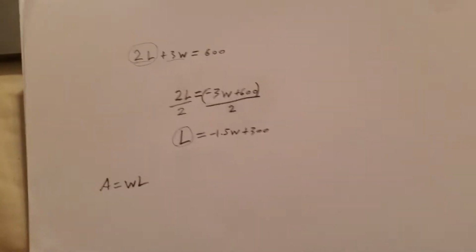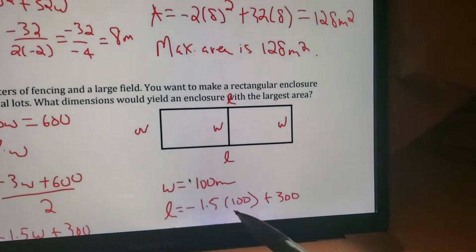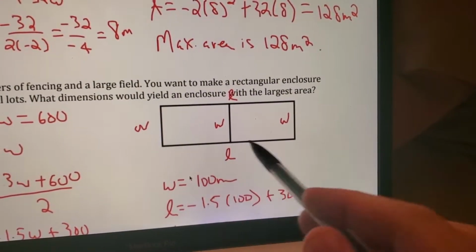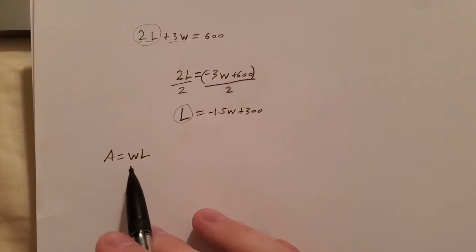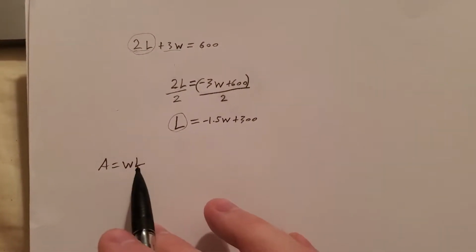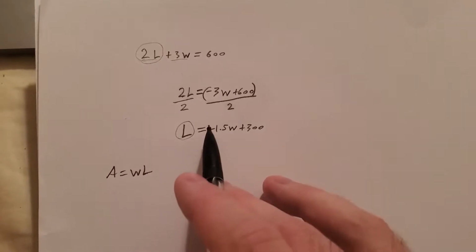Everyone who watches this video should know that. I think everyone knows this: length times width, you multiply those together and you get the area of the rectangle. But in having this, what we want to know is that if we have area equals width times length, or length times width, and we have an expression here